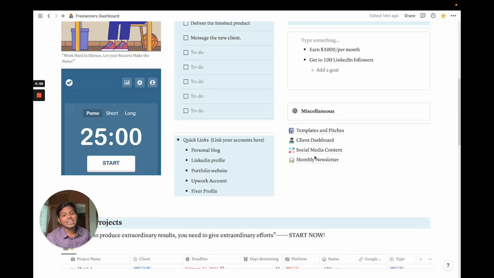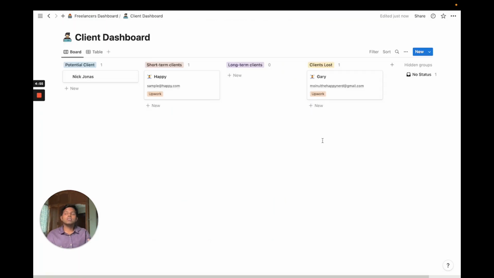Now we move on to the client dashboard. No matter which niche you are in, I'm pretty sure the client dashboard is going to be really, really helpful for you. Why? Because the best freelancers know how to form a very deep bond with their clients. They know what their clients want. They know what their clients'